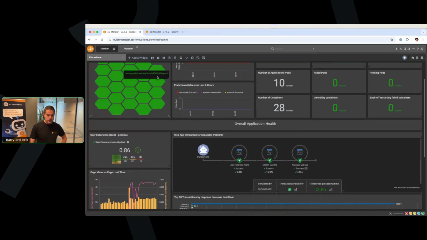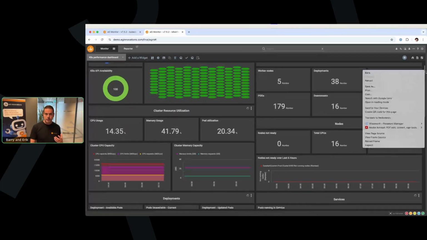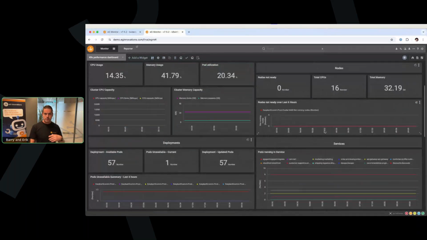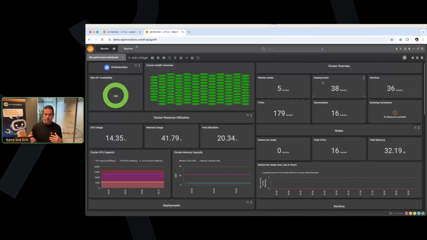So if I switch now to another dashboard, then you can see that this is purely focused on all kinds of metrics that are important for maybe the SRE that's responsible for managing the Kubernetes environment, with all kinds of information on cluster health, performance, things like that. This is interactive, so I can click on one of the measurements and then go deeper into the visuals that we have, see more data, maybe connect the dots, things like that.